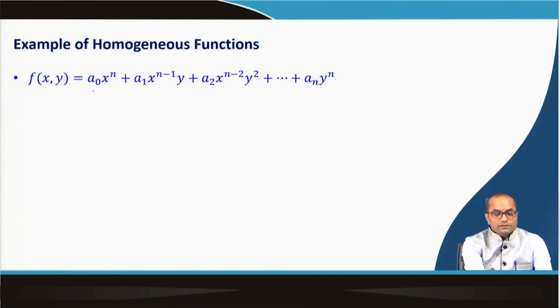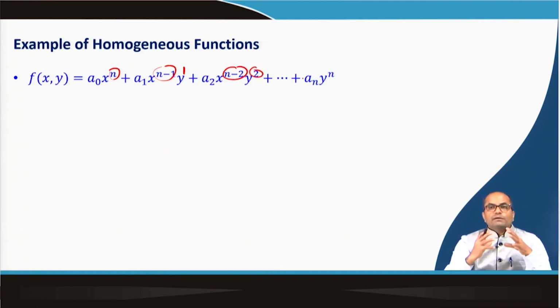For instance, this is one function f(x, y) equals a naught x power n, plus a 1 x power n minus 1 y, plus a 2 x power n minus 2 y squared, and so on up to a n y power n. We can realize that here is the power n, here n minus 1 but with 1 power of y, n minus 2 and 2, and this again n. So everywhere, if you sum the powers of x and y, it comes to n. Once you see such a situation, one can immediately bring it into that form of the homogeneous function